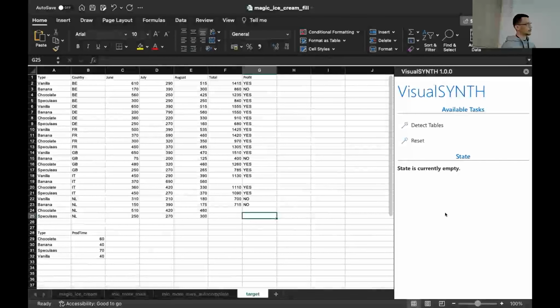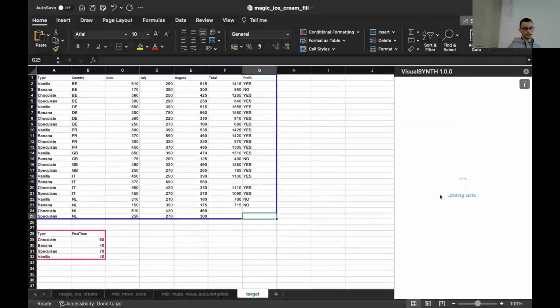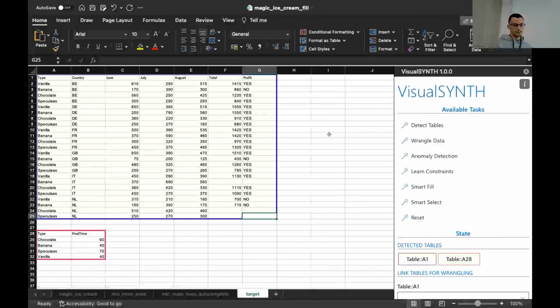Another example that I want to show with the use of predicates. This example is about ice cream sales in different countries with different types, and we have the total profit of sales for the ice creams, and a column saying if there was a profit or not. Here we also see that we have some missing values, and in this case, the user wants to complete these missing values. So again, we start by detecting tables here, and I'm going to directly say, okay,